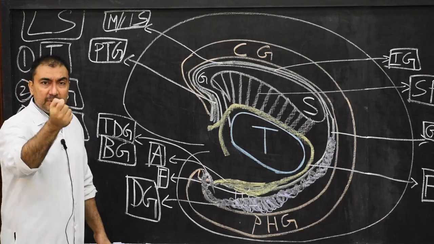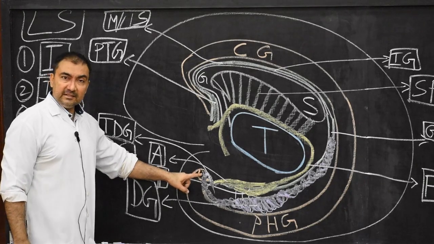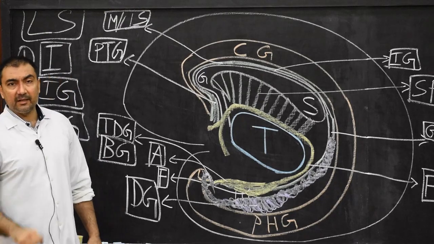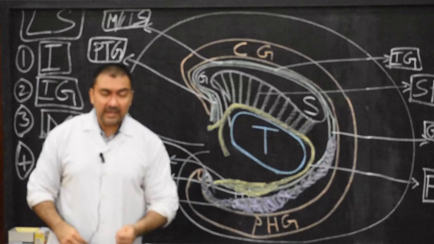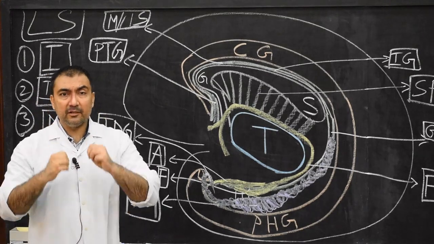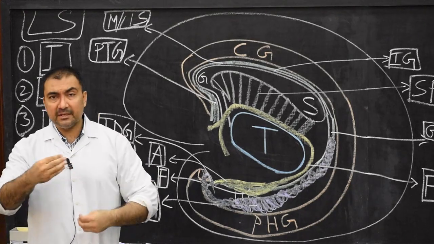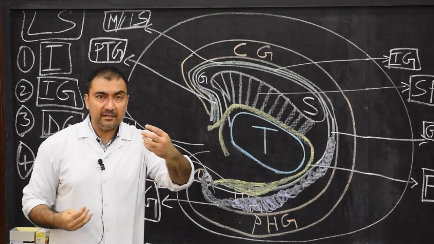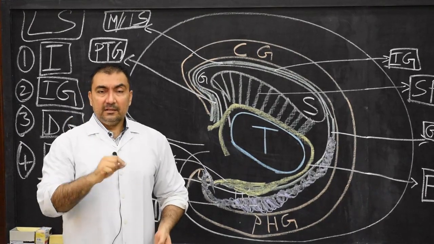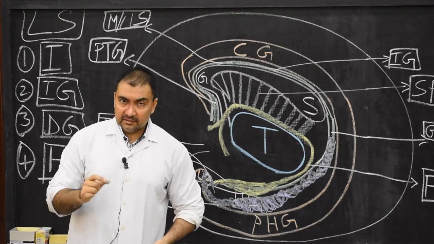The anterior part of the uncus, divided by this tail, will be known as the uncinate gyrus, and the posterior small part of the uncus will be known as the intralimbic gyrus. So the uncus is divided into 2 gyri by the tail of dentate gyrus, called the band of Giacomini: anteriorly the uncinate gyrus, posteriorly the intralimbic gyrus. So what is the uncinate gyrus? What is the intralimbic gyrus? 1 mark question. This is how you can explain.